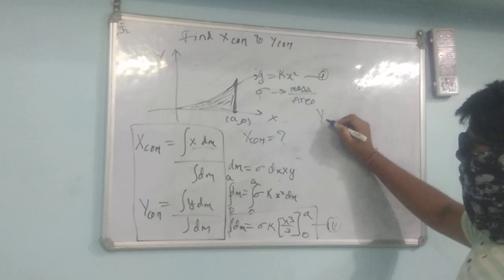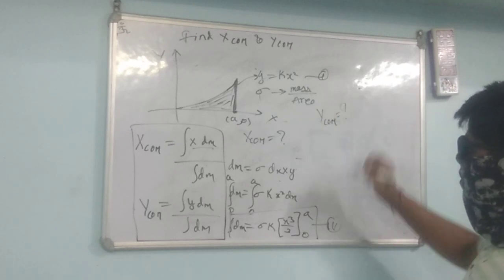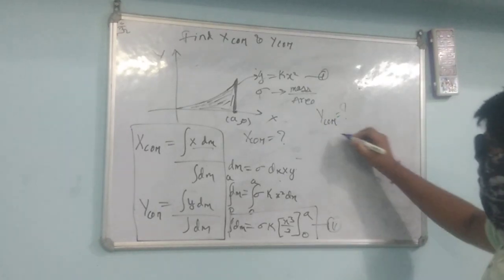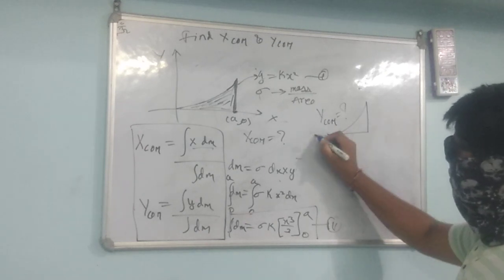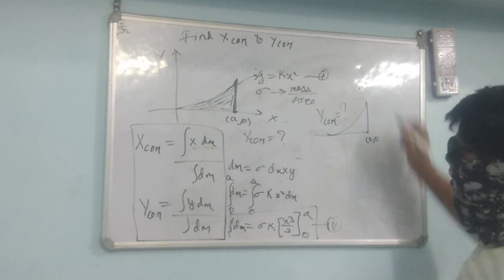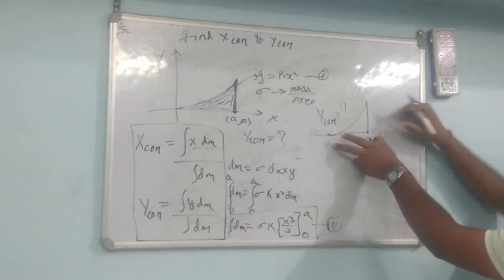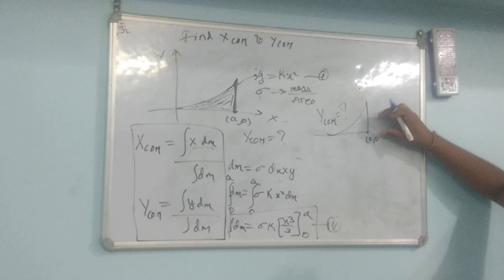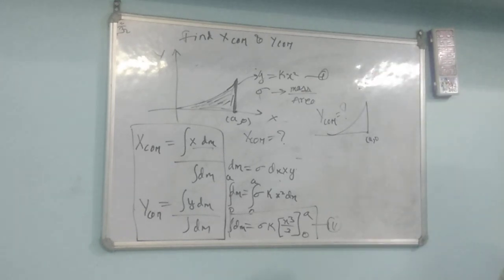So now for y center of mass, for finding y center of mass, first we will do this, and we have to find the center of mass along the y axis. So for that